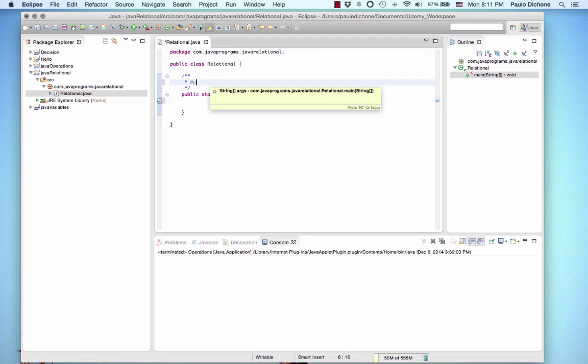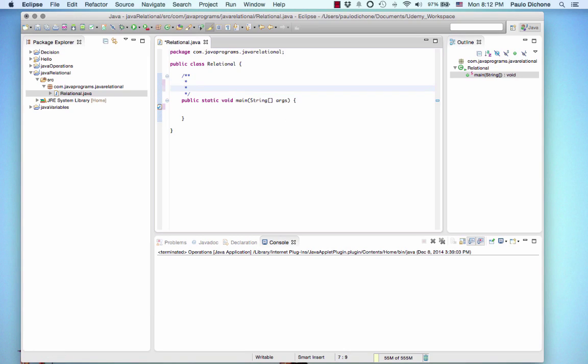So, first thing we're going to talk about is the double equal sign. So this essentially tests to see if two values are equal. A good example would be, let's start with, say, int firstNumber is equal to 4. Going to create another one, secondNumber, and say it's equal to 10. What we could do if we want to compare and see if these two numbers here, two integers, are equal, we could say if